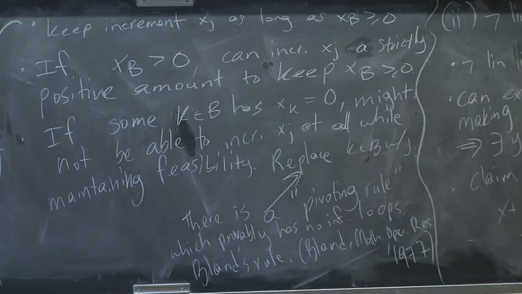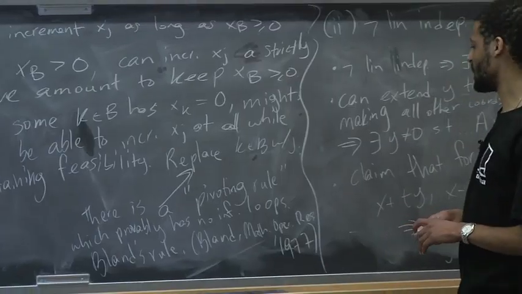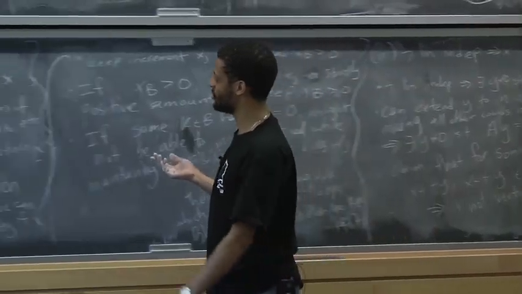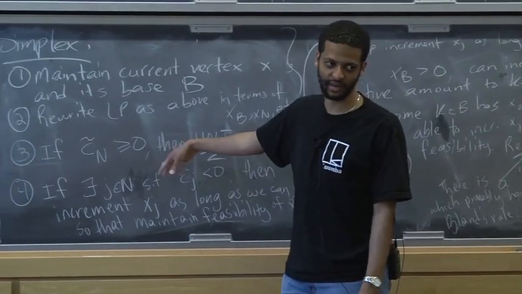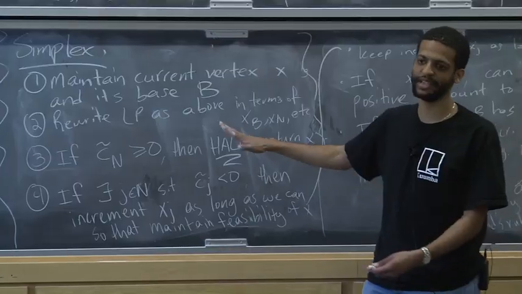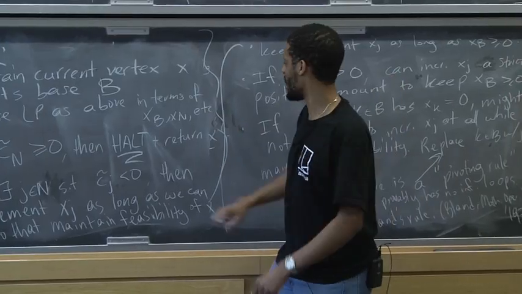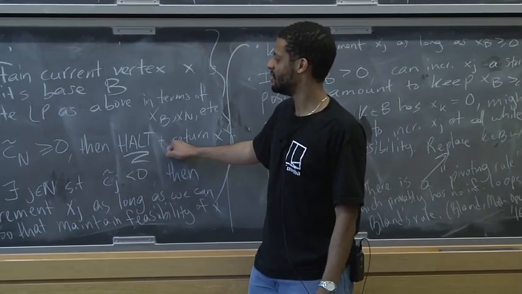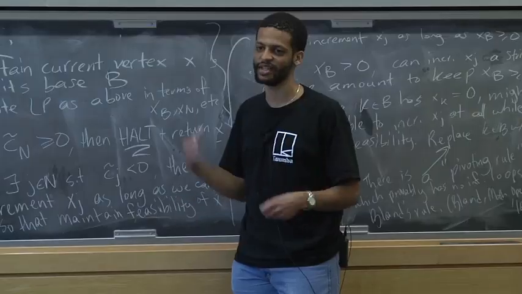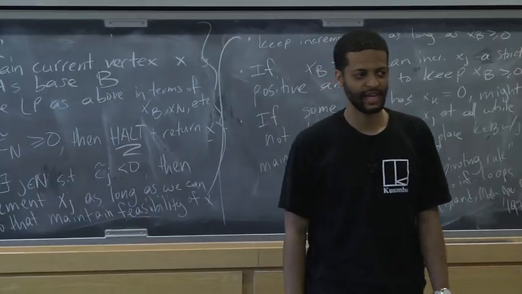So maybe next time, we're out of time. Next time I won't prove that it has this property, but I'll just tell you what the rule is. And then I'll prove why this thing actually works. It's not going to be too hard given what we've already done. And then I'll show you why you can basically read strong duality off of the halting condition. Okay, so when you're actually in this halting condition, you can easily say a dual feasible solution which achieves the same cost as the primal cost. Okay. Questions?